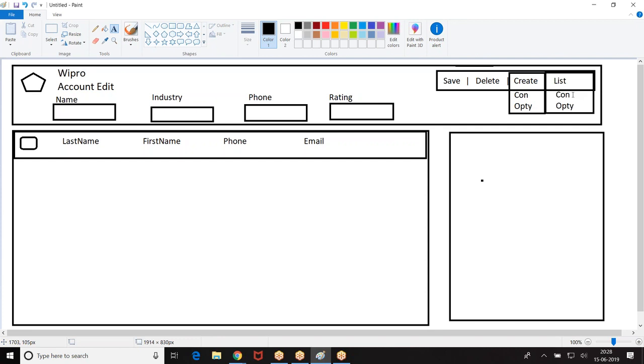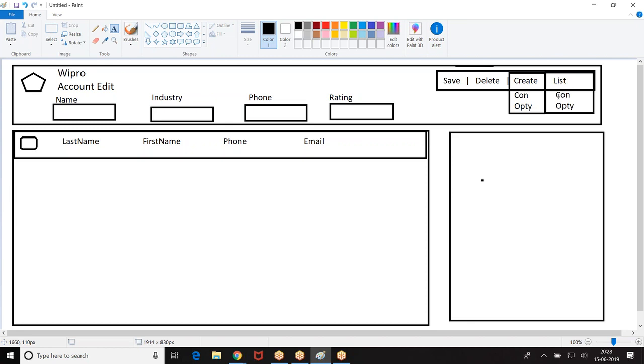From the current record, when I click on this, one JavaScript function should run. In that function, take the v.recordId. v.recordId is the current record ID, the current account record ID. I will get it. If I pass that account ID, we get a list of contacts. Use the data table, display the list.